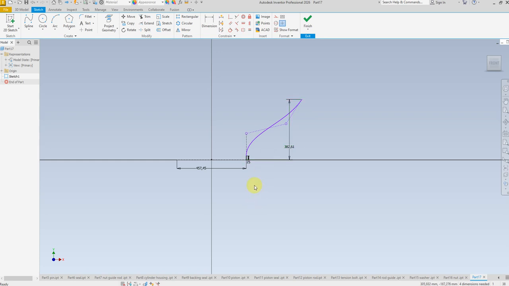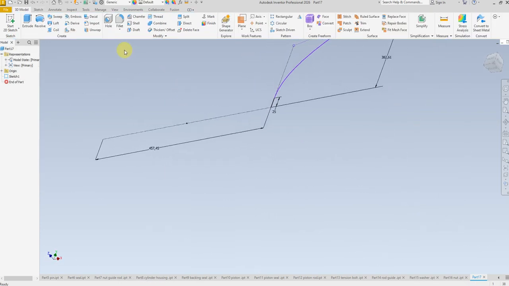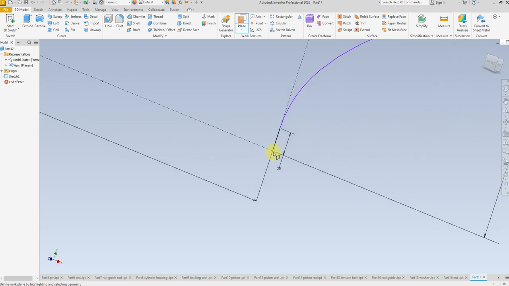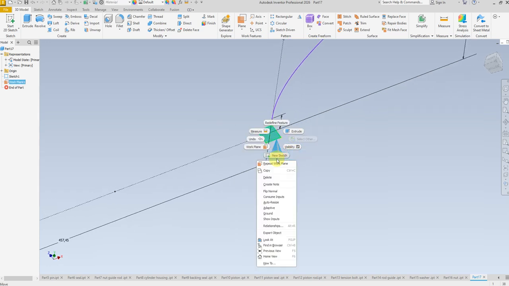Just for the pipe, you can draw according to your need. It is just an example of how to create it. So let me finish sketch. Select plane, select this point and this line, create new sketch,